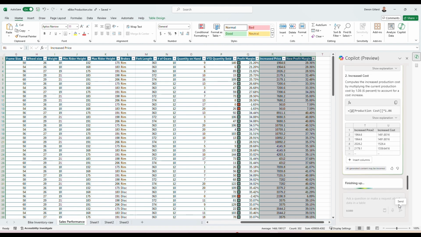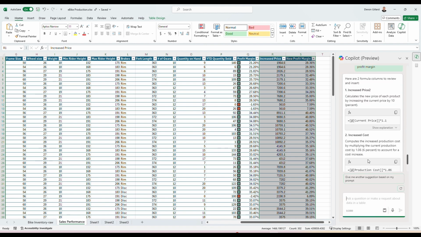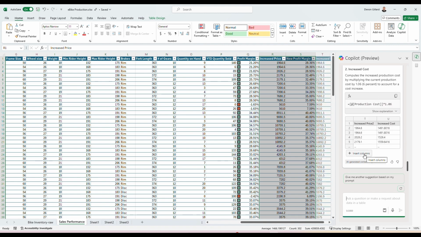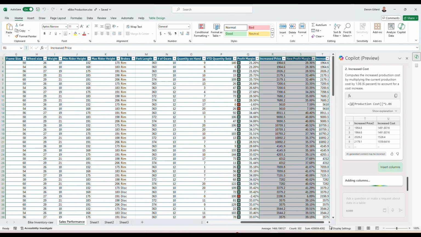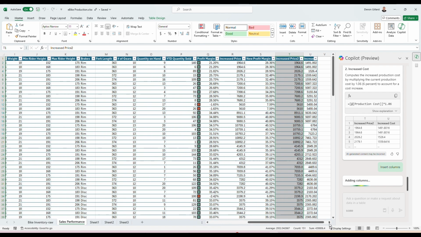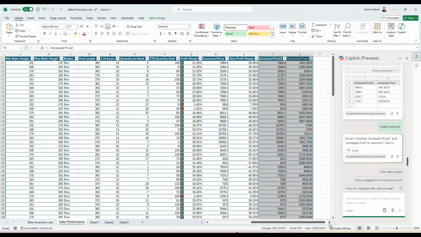All right. Now, what is it doing? Okay, it's adding production cost, increased cost, yeah, current price, increased cost. It's doing both of those. So this time it's doing things a little bit differently. It's going to adjust. It's going to insert new columns. Okay, great. Okay, interesting. So it added the increased price, it added the increased cost, but it didn't show me a profit